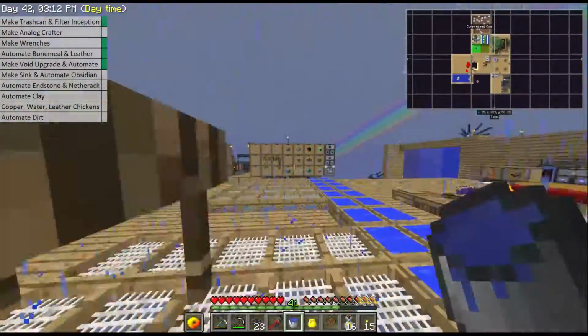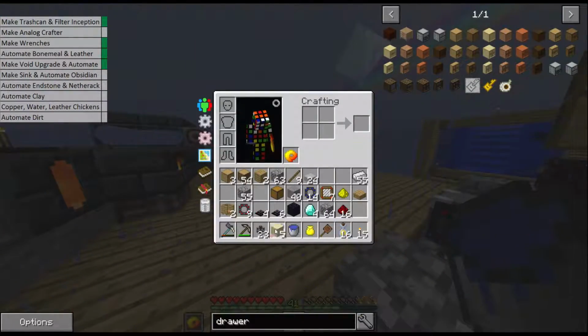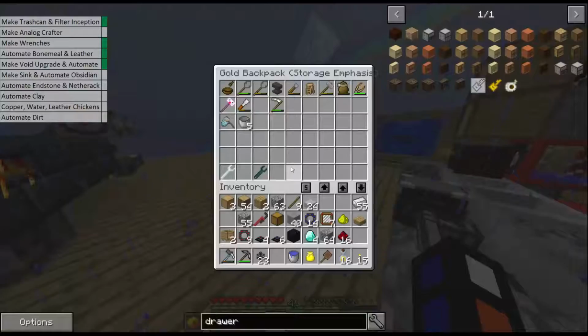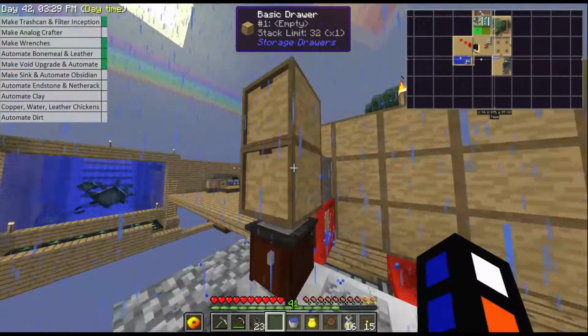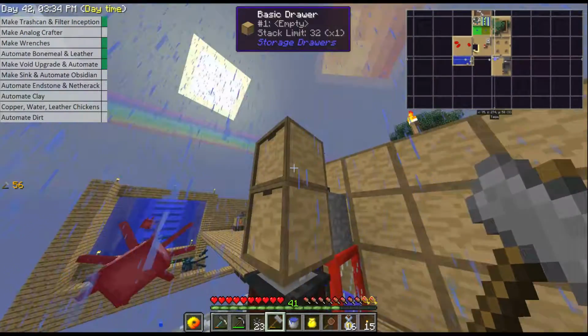So we can take this 5 sand, put it down, we can hammer it very quickly into dust because it's only 5, and we still have a hammer. There we go. If we put the dust, not the hammer, so let's take that out of the system. If we put the dust into this drawer,